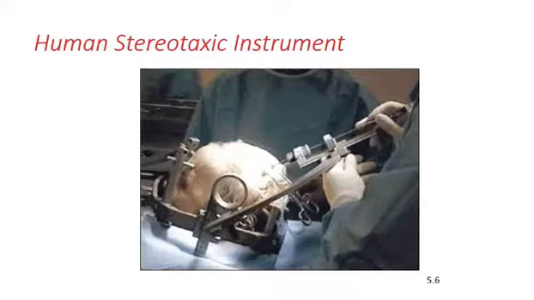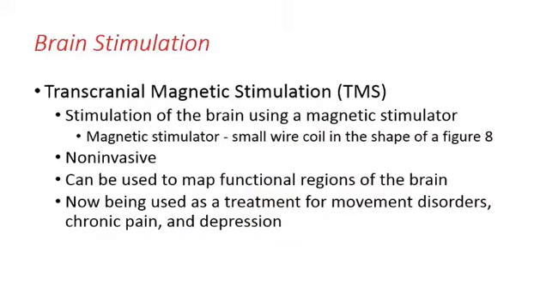This is a human stereotaxic instrument that holds the brain in place, and it's used for placing needles in the brain for deep stimulation or for recording. You might have heard of a technique called transcranial magnetic stimulation, or TMS. This is the stimulation of the brain using a magnetic stimulator, a small wire coil in the shape of a figure 8. It's non-invasive, ostensibly. It can be used to map out functional areas of the brain, and it's been used